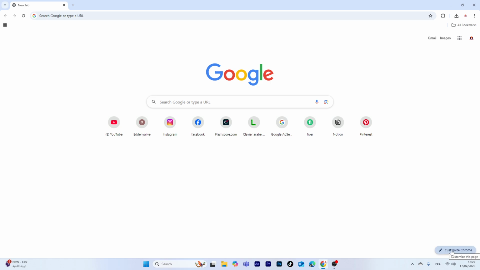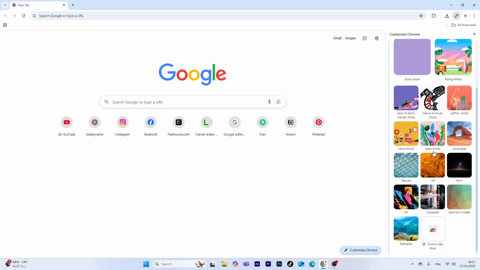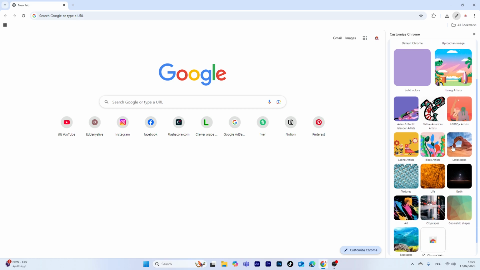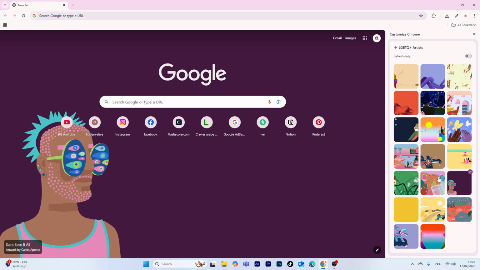So once you open Google Chrome, what you want to do is click the Customize Chrome button down in the bottom right corner. Next, go to Change Theme and you'll see a bunch of different pictures and backgrounds you can choose from. For example, I'll go with this category and pick this picture, and as you can see, the background